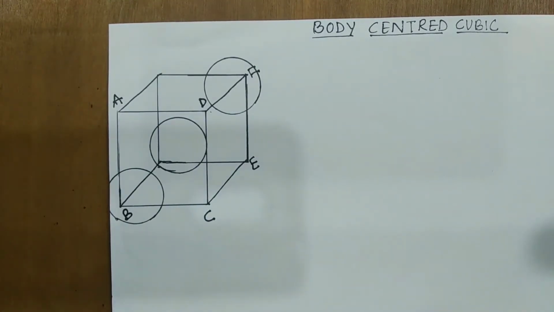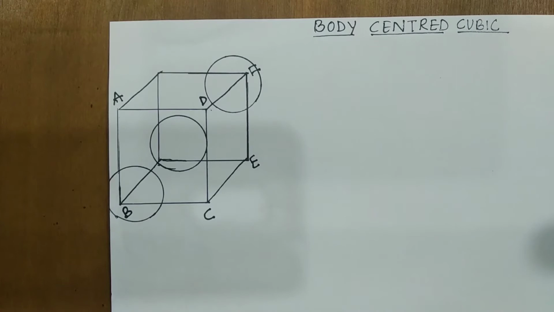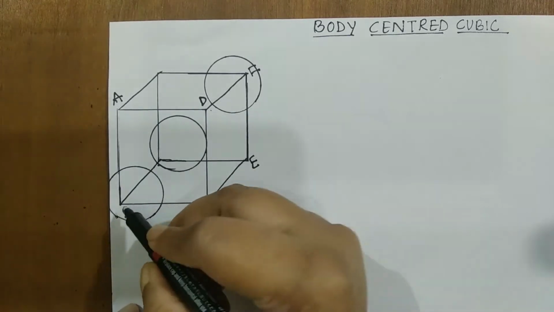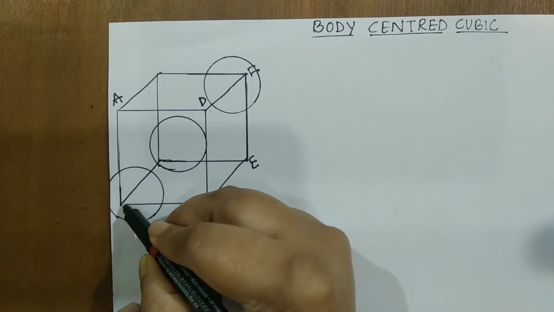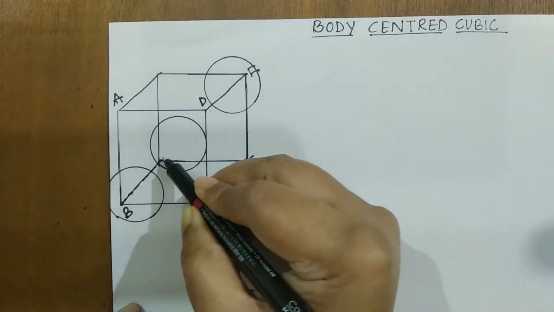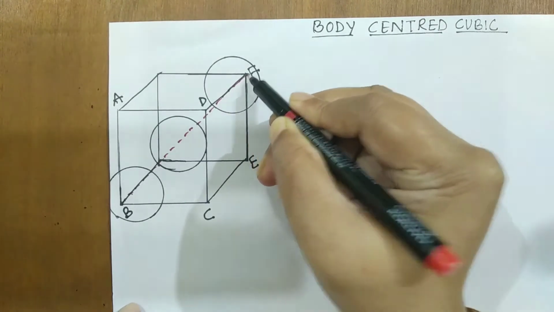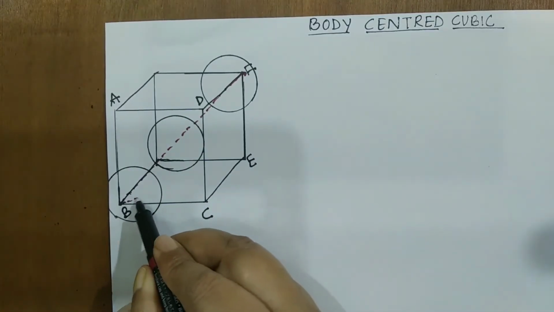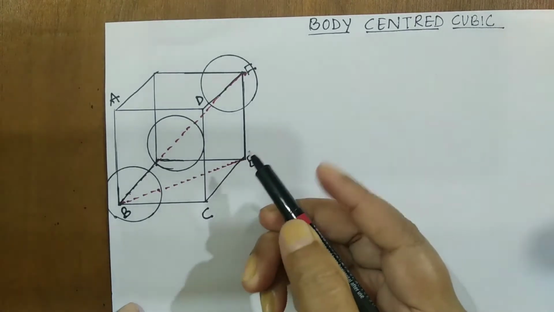Little changes I have to make, because you can see that every edge length is perpendicular to each other. So the theorem I can use is the Pythagoras theorem, and therefore I need to make some changes here, and that is to draw the diagonal from B to F. So let us join this from B to F, and join B and E. This is for applying the theorem so that the calculation becomes easy.